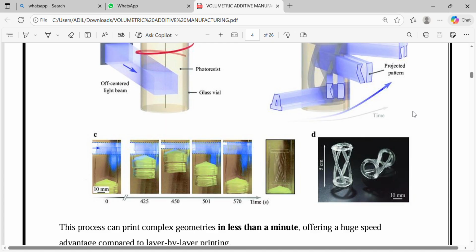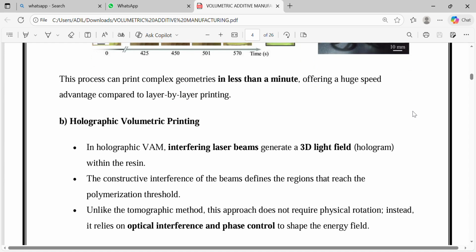Light exposure controls solidification. In the printing progression, part C, a time lapse image from 0 to 570 seconds shows solidification of the photoresist. In part D, the result is a printed object with scale references of 5 cm and 10 mm. Complex geometries are achieved. This process can print complex geometries in less than a minute, offering a huge speed advantage compared to layer by